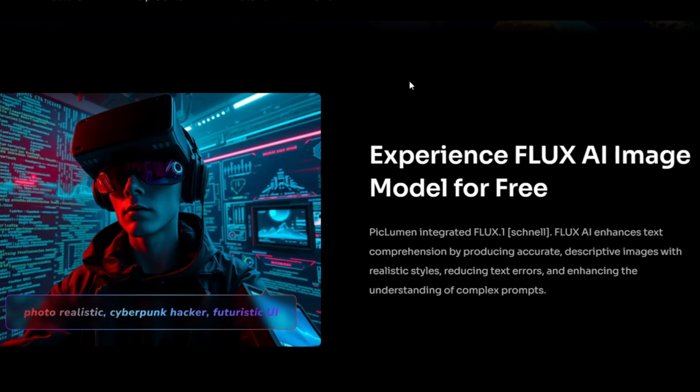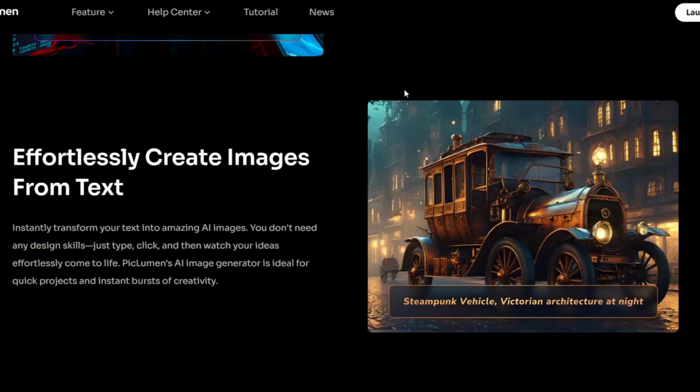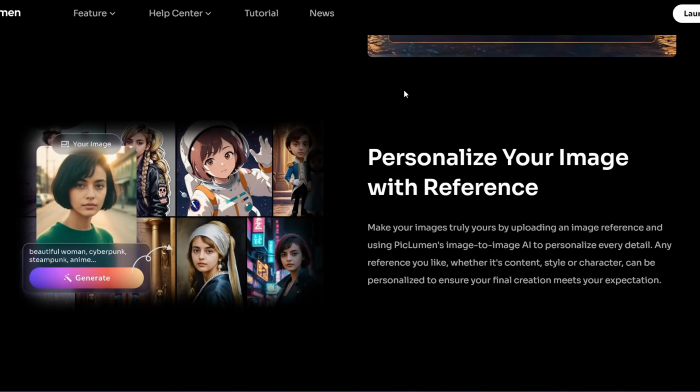There are many more things that you can do with this AI tool, and you can look forward to more